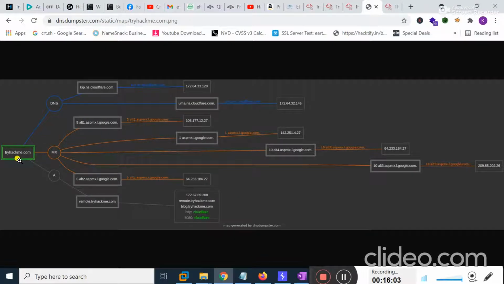From this picture you can see that it very efficiently fetched the DNS information. It also revealed the mail server in orange color, and below you can see it tried to find the subdomains: remote.tryhackme.com is a subdomain of tryhackme.com, and another domain found is blog.tryhackme.com. It is another subdomain of